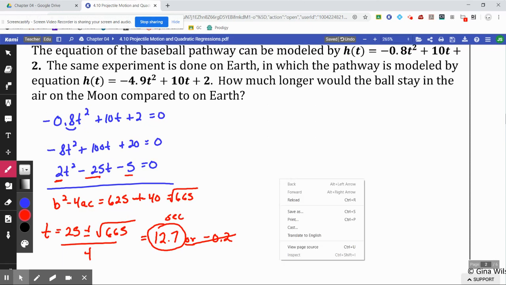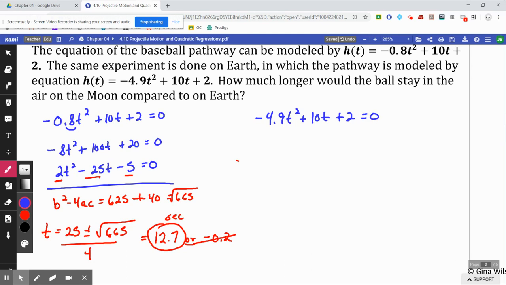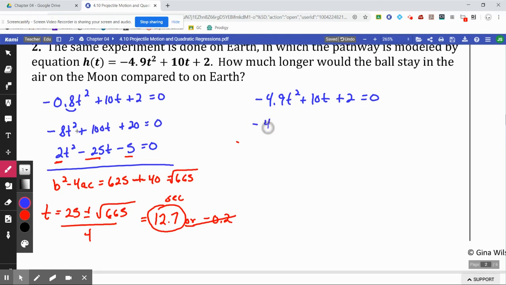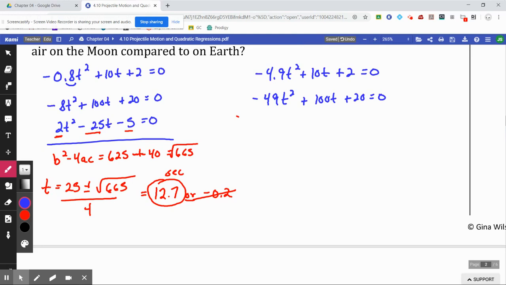Now, let's do the exact same thing with our Earth model. We have negative 4.9t squared plus 10t plus 2, and we want to know when the height is 0. You can do the same thing: multiply everything by 10, which gives you negative 49t squared plus 100t plus 20 equals 0, if you don't want to work with the decimals. That equation you cannot reduce, so let's go ahead and find our discriminant. B squared minus 4ac. B squared is going to be huge now. 100 times 100 is that big. Minus 4 times a times c gives me